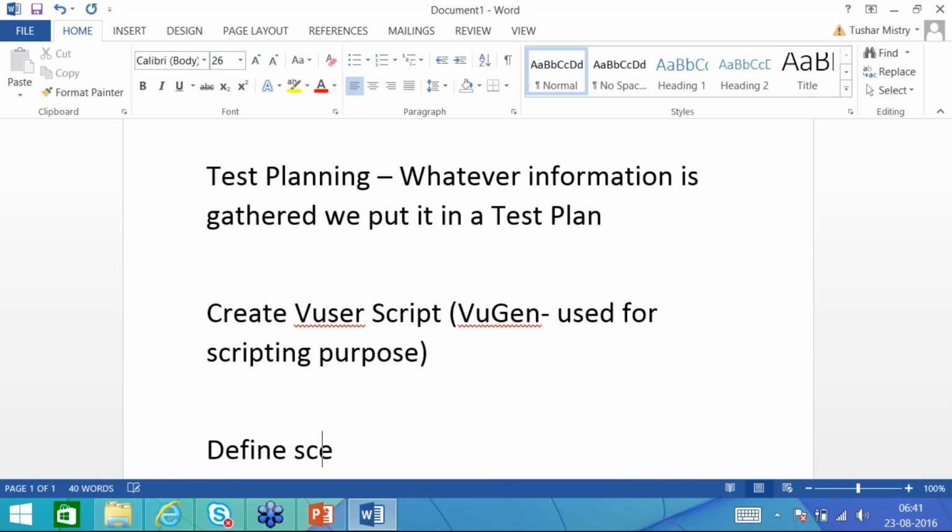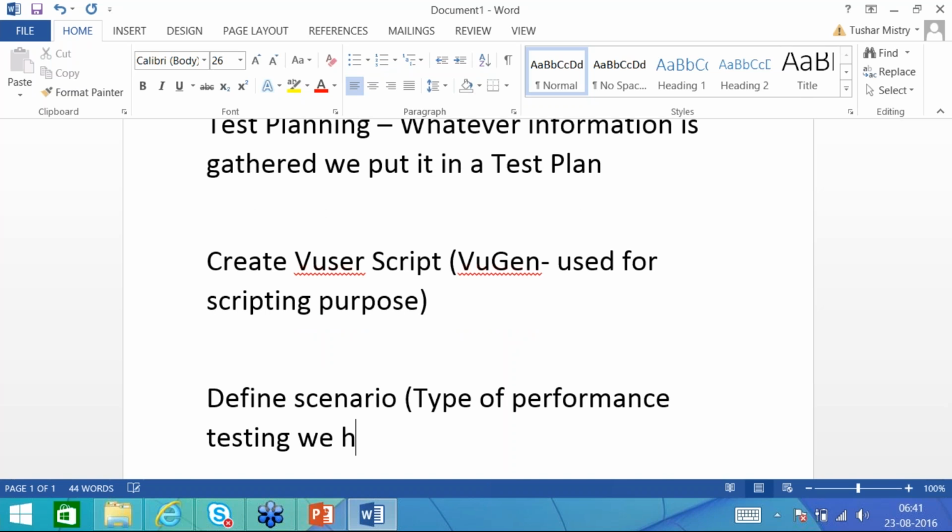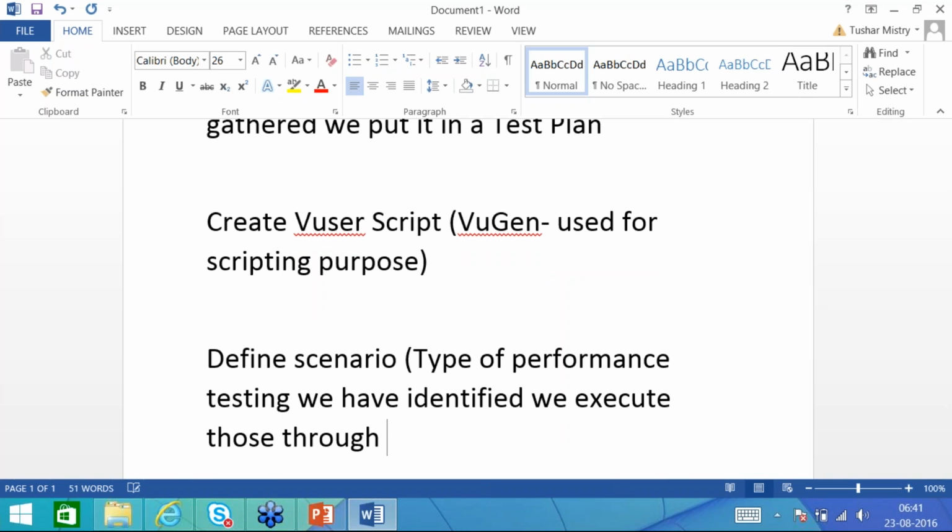Define scenario means whatever type of performance testing we have identified, we execute those through Controller.